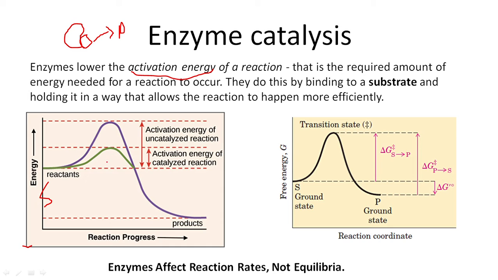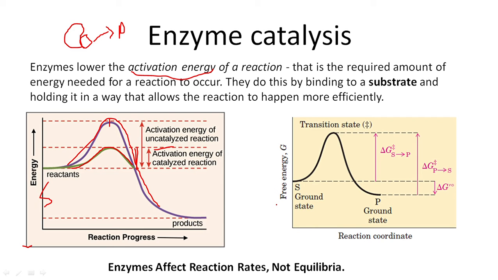Here, what the enzyme does is this: this is the original energy required for a reaction to proceed. This is the top, which is known as the transition state. So what an enzyme does is it lowers the activation energy. If an enzyme is involved in the reaction, then the energy required will be here. This much energy is required if an enzyme is there, and this much energy is required when the enzyme is not present. So when we see it in terms of energy, free energy,